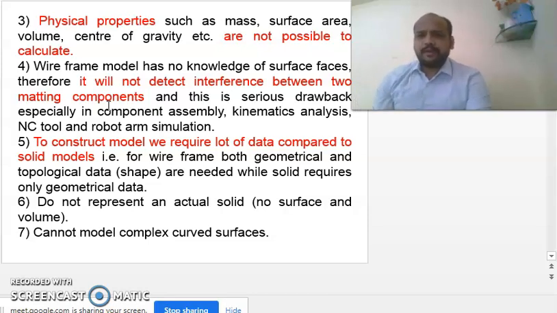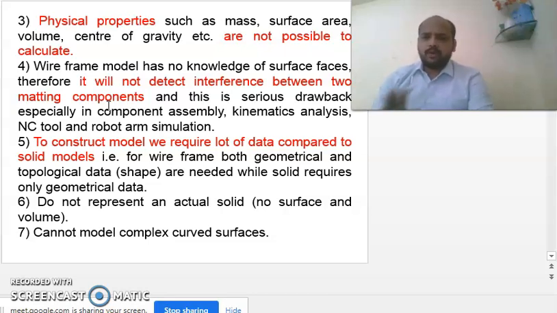Nowadays it is simple to draw a model in CATIA, but in initial cases it was very difficult to import the model from CATIA software to ANSYS software. But we used to draw models by the data of points and the data of lines. So one by one we used to draw the structure, and it was very time consuming. So therefore, it requires a lot of data.